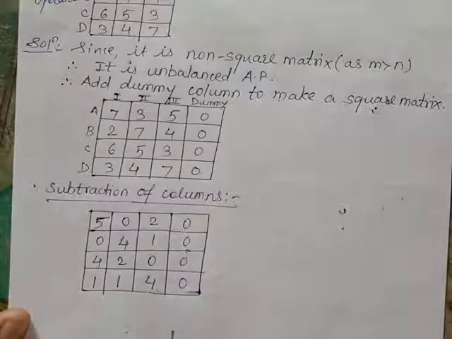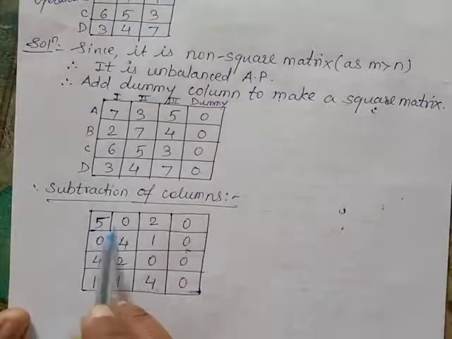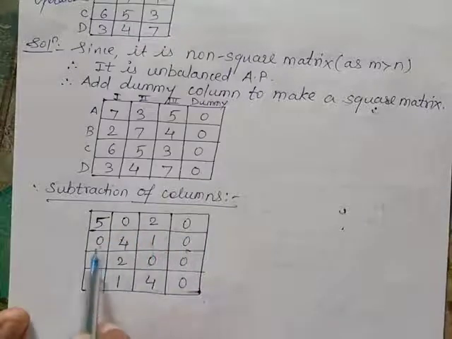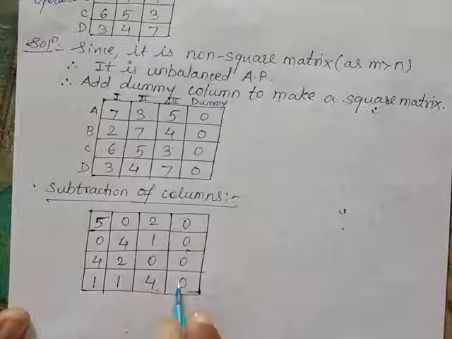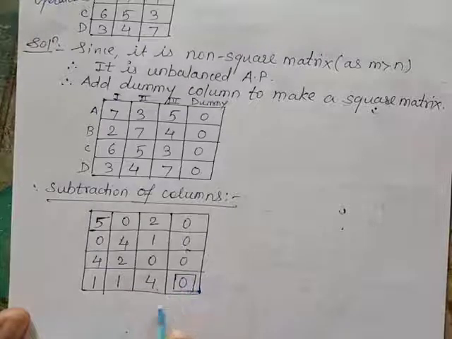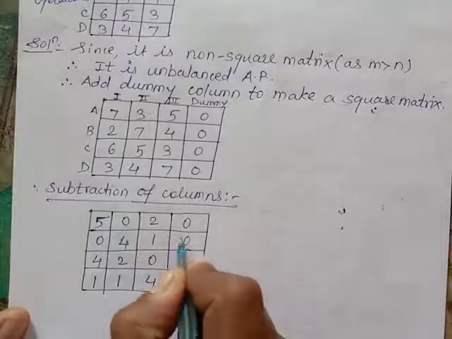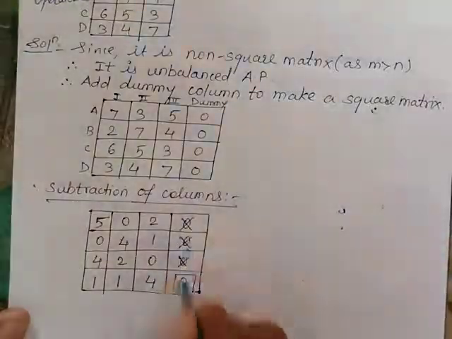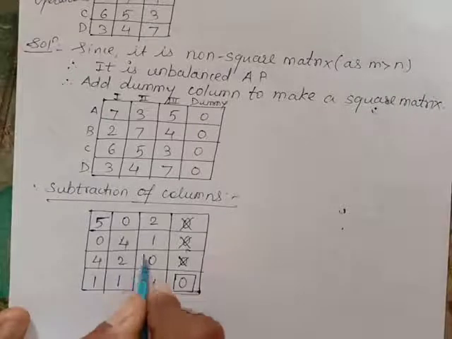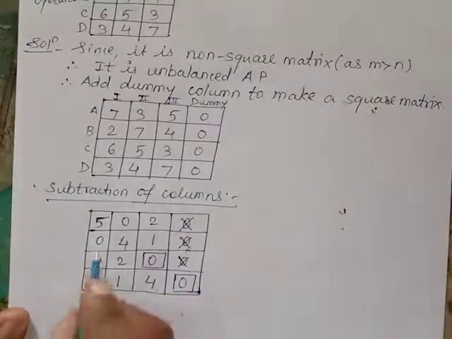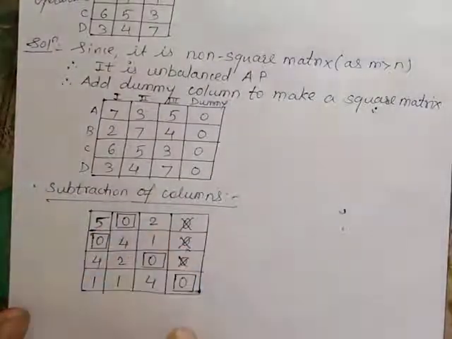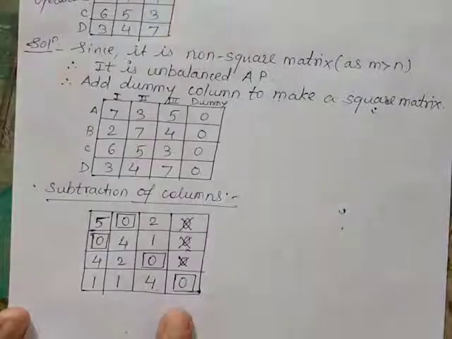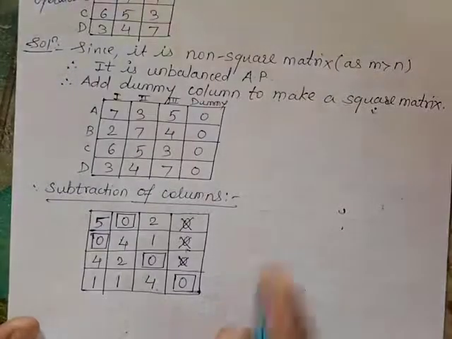So now let's do the assignment. In the first row we have 2 zeros, we can't do the assignment. In the second row we have 2 zeros, we can't do the assignment. In the third row also we have 2 zeros, we can't do the assignment. But in the fourth row we have a single 0. So we will do the assignment here and we will cross the other zeros in that column. Now this third row has a single 0, so assign that. Now each row has a single 0, so these are the required assignments. Now for each row and each column we have done the assignment. So this is an optimal solution.